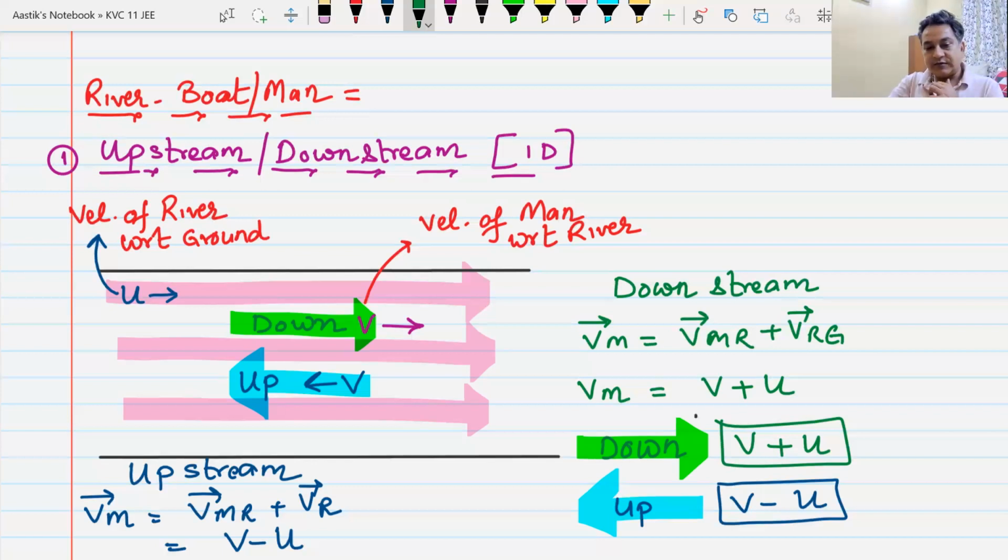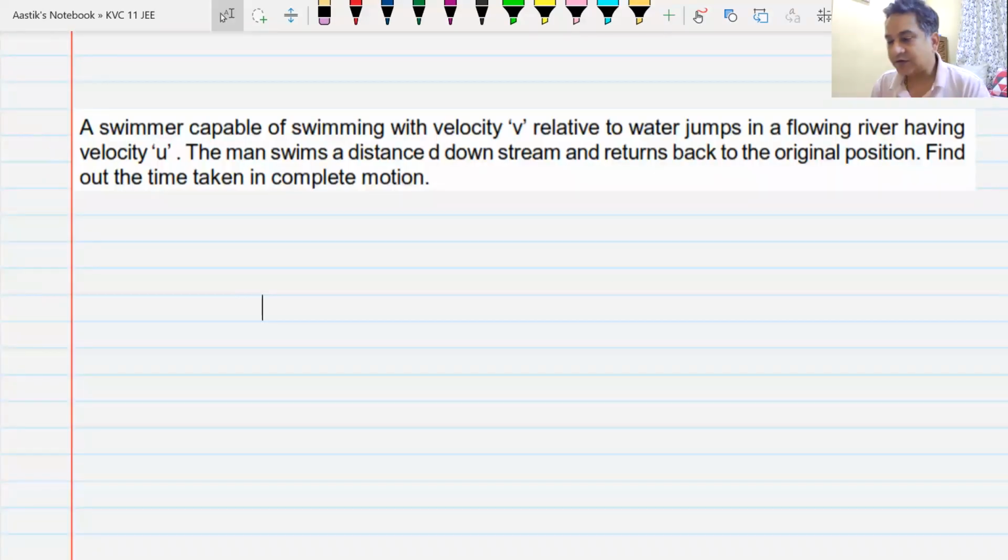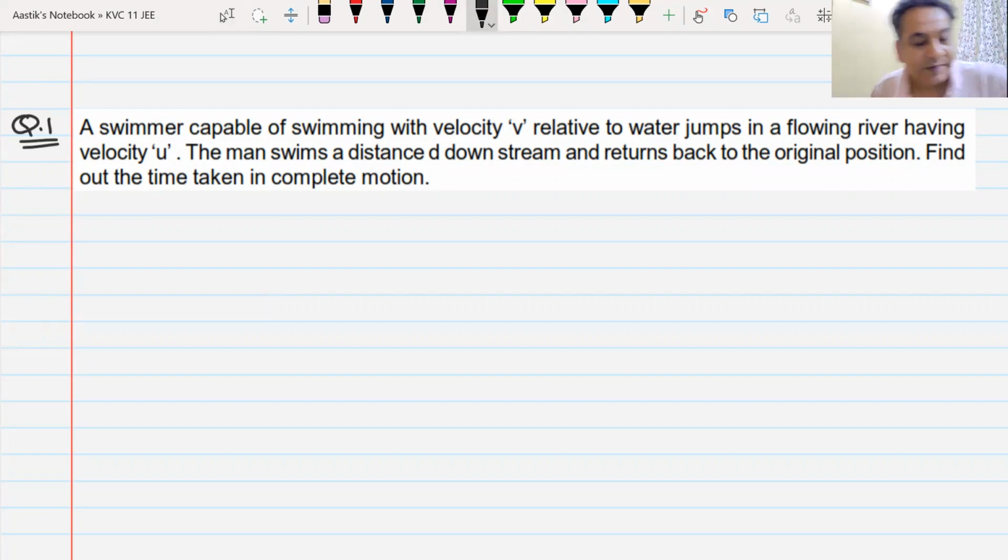Okay, then here comes a problem on your screens now. I forgot the number, so I'll call it problem number 1. Upstream, downstream. A swimmer capable of swimming with a velocity v relative to water